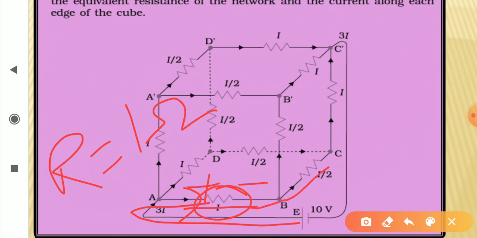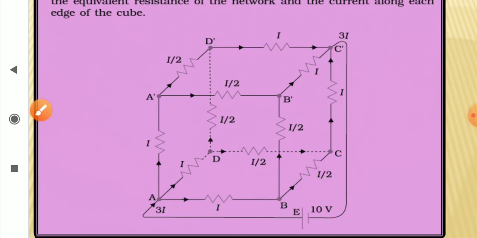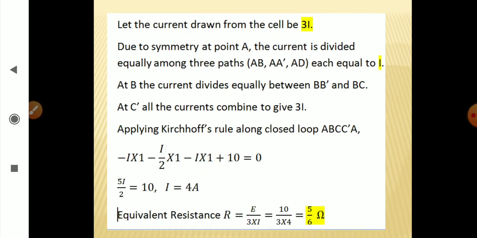When you move along this direction, then minus I by 2 into 1. When you move along this direction, again minus I into 1. And when you return back, for the cell, it is from lower potential to higher potential, so plus 10. Okay. So that's how the equation becomes